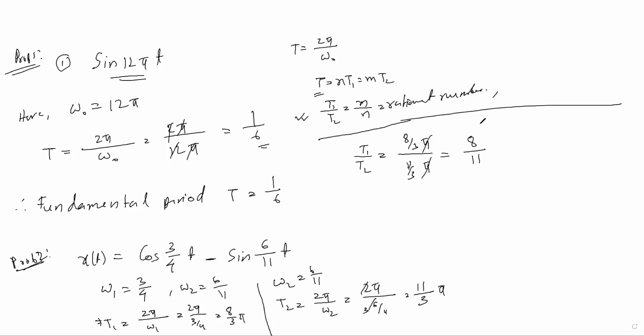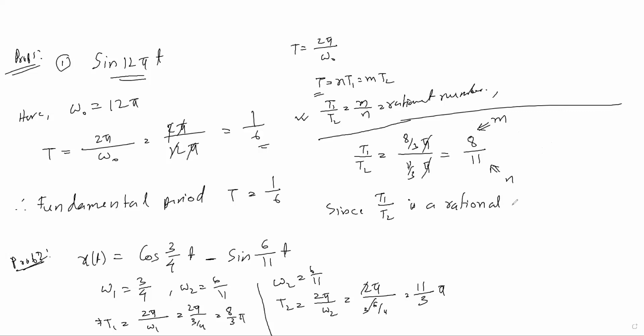Here you can think of this as m and this as n. So we can find the value of m and n, or another condition is that this value is also a rational number. Or you can write like this to make it more clear. Since T1 by T2 is a rational number,